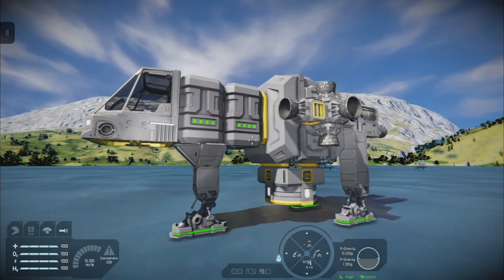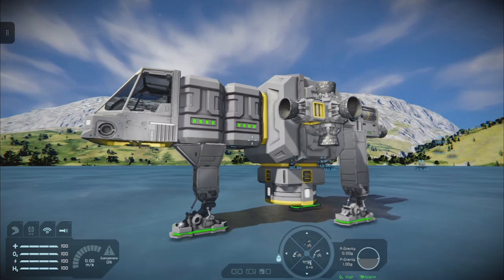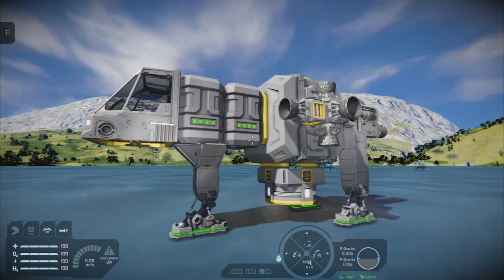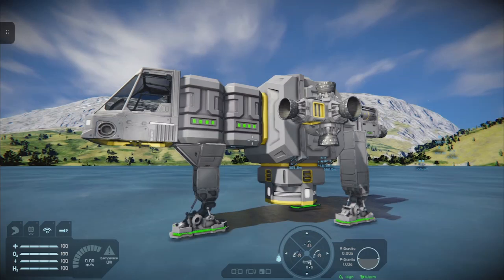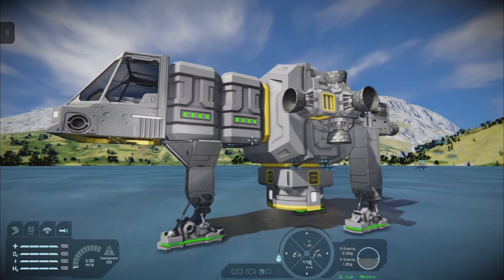I will be going back to my survival save. I may start another survival save right from the beginning, so new players on the PlayStation can follow through with what to do when you first hit Earth-like planet and how to get established just as a basic base. Or you can go through my channel, look at the videos, and just look up the playlist new player guide. It should work for PlayStation.